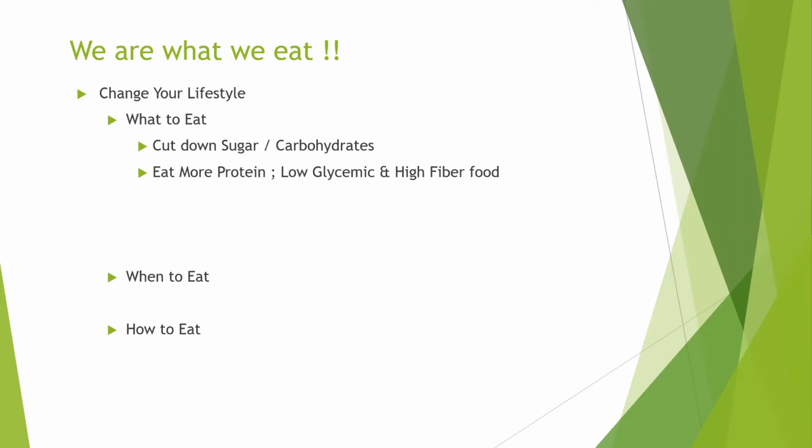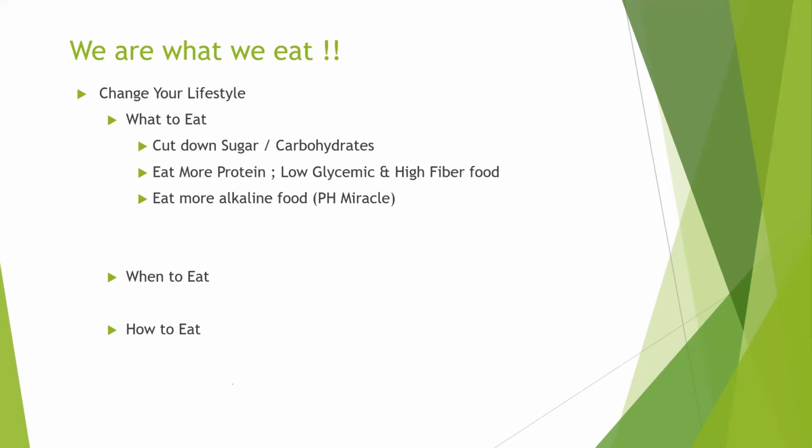So for example, if you have a breakfast of 4 idlis, then probably you can take just 1 idli and load up with a big bowl of salad. And you can also then have a good amount of fiber from your salads, and at least 3 servings of proteins. So this is a very detailed topic, friends, and I'll be covering this in our subsequent lectures in detail. But in general, I would say that it is very, very important to make sure that you minimize your carbohydrates. Third thing is that eat more alkaline food.